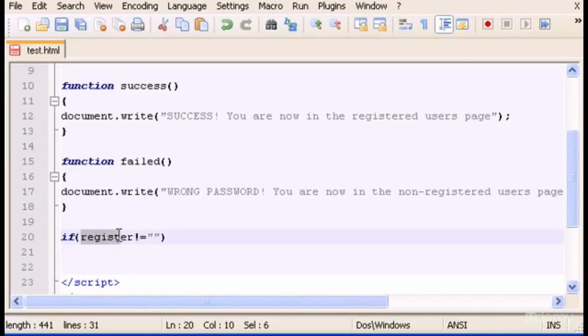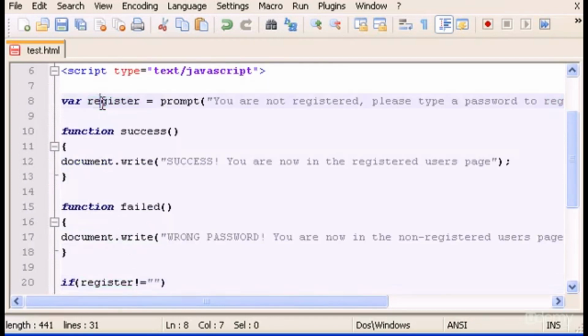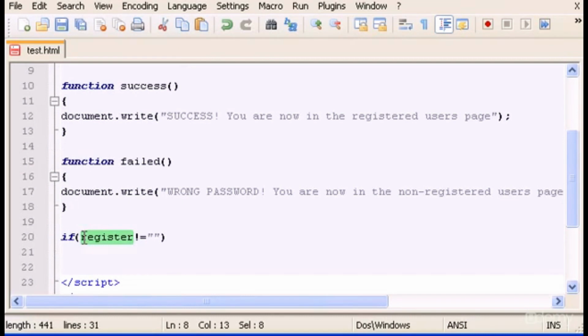So if the password, which is stored in the variable register at the beginning, is not equal to nothing, that is like saying that if the password is something, we're gonna run this code. So if we typed something in the password, please run this code, and the code is going to be another prompt